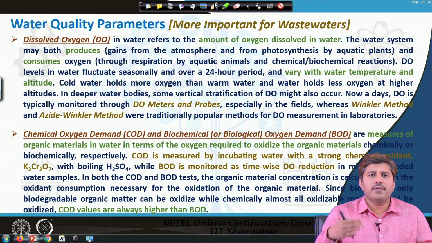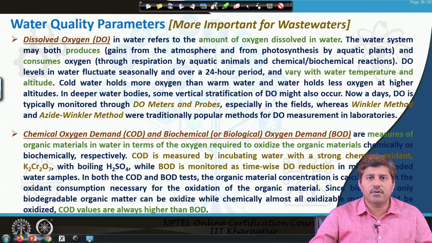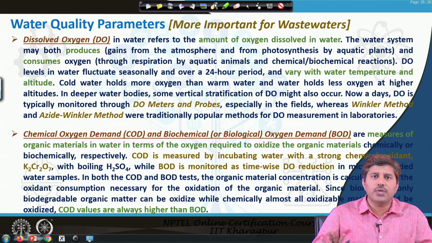Okay. So, there are also different forms of BOD. The BOD requirement for carbonaceous material is CBOD, and for nitrogenous material, or for oxidation of the nitrogen species, it is called NBOD. So, we may have CBOD and NBOD types, but that is more prevalent in wastewater systems. So, we will not have more discussion on that here, but just to give an idea that these are also important water quality parameters, but more important for wastewater purposes.